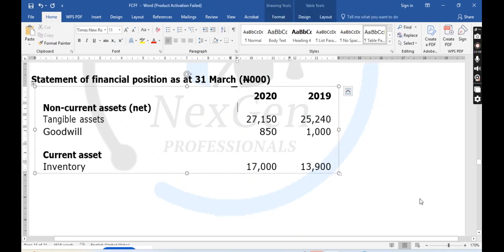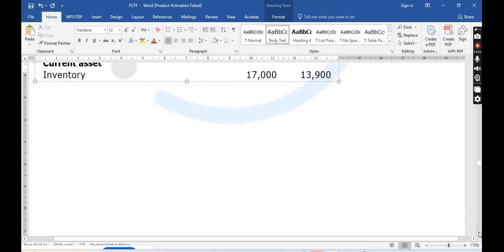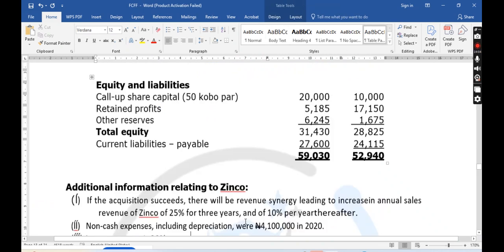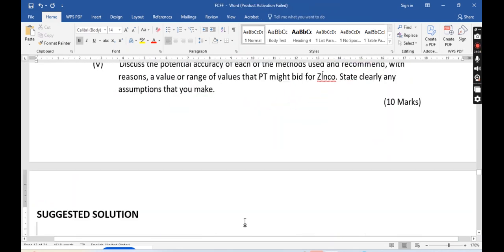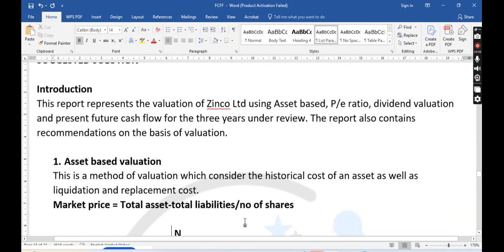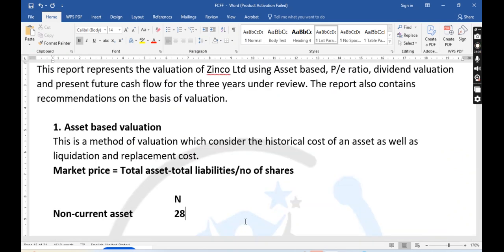275,150. You add it together. 48,000. Okay, 48,000. Okay, thank you. 28. No, 28. Okay, that's fine. Sorry, we have to scroll up and down. 28. That is the non-current asset. So the current assets,